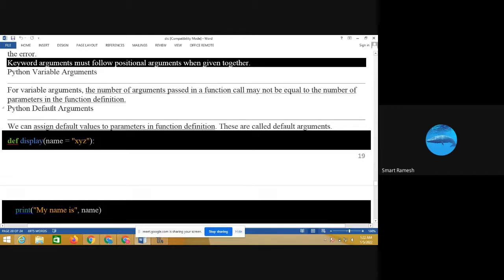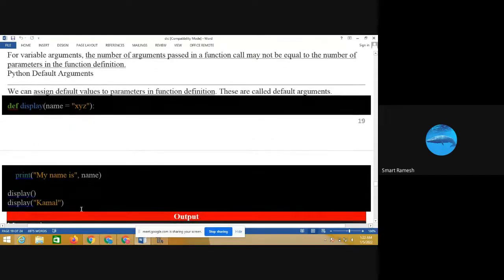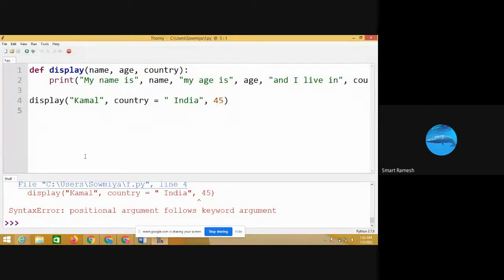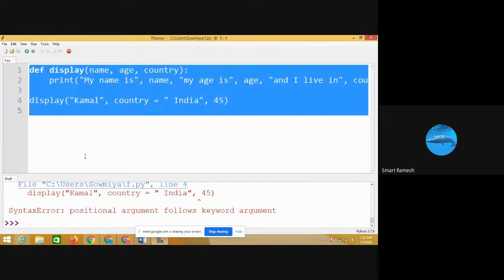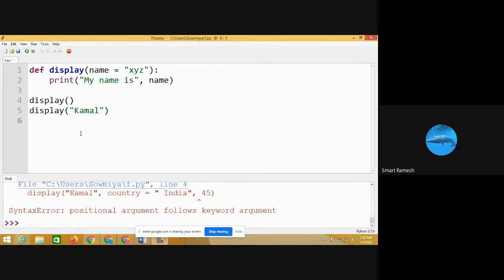Next, default arguments. By default we set some value in the function definition, that is called the default argument. For example, here name equal to xyz is the default argument.